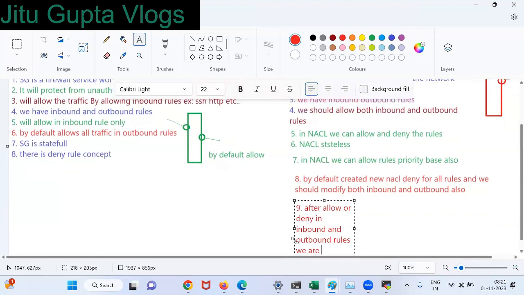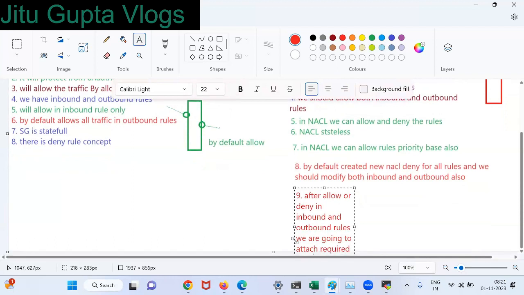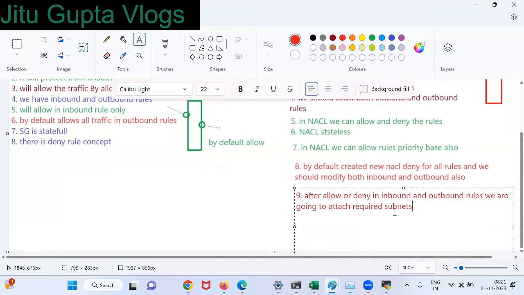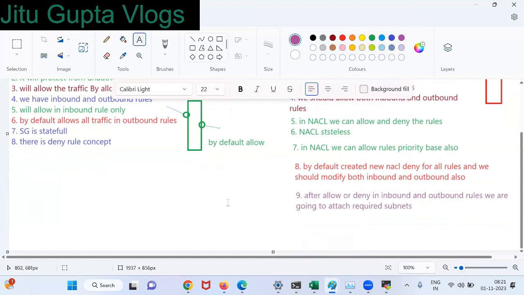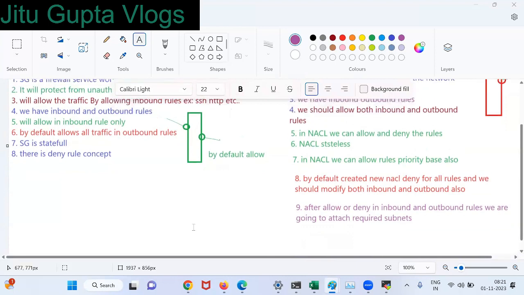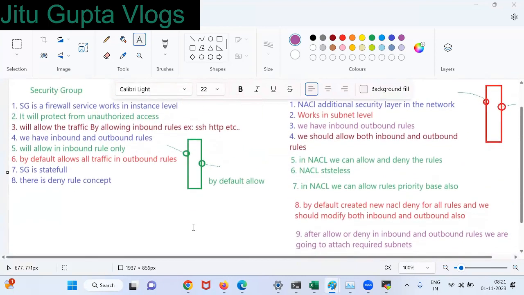We are going to attach it to the required subnets. Is it clear, everyone? Okay. Very, very important topic.